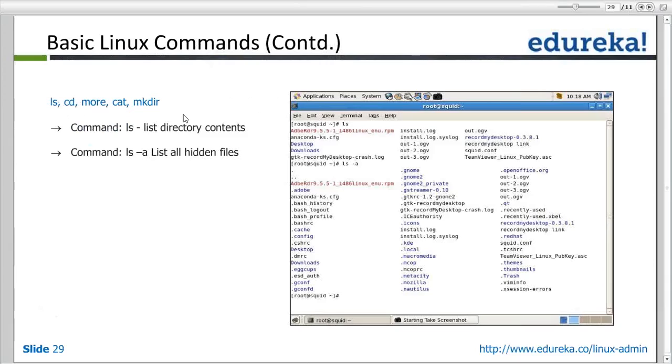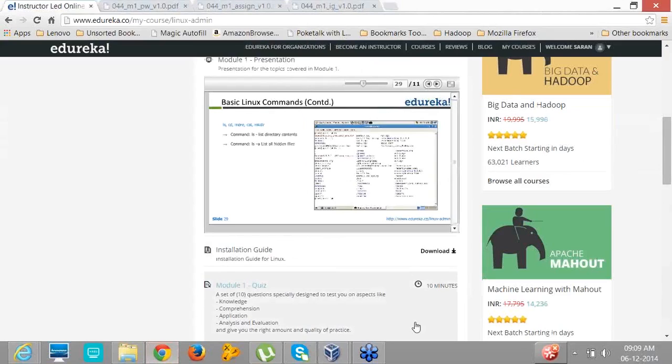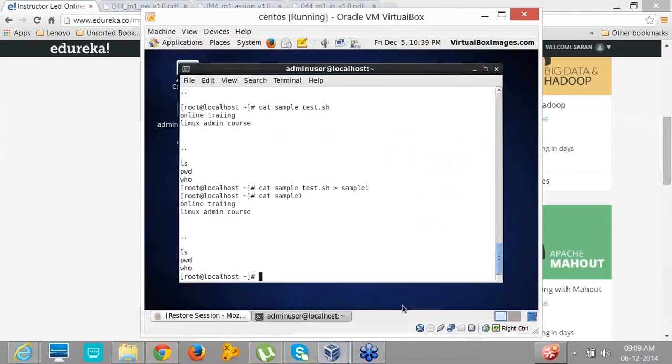ls, cd, more, cat. We have already used the ls command to list the contents. cd is change directory. more and less are two more commands which would help you to see, let's say, the top 10 lines of the file. Right? If you have more lines, so what we do is,